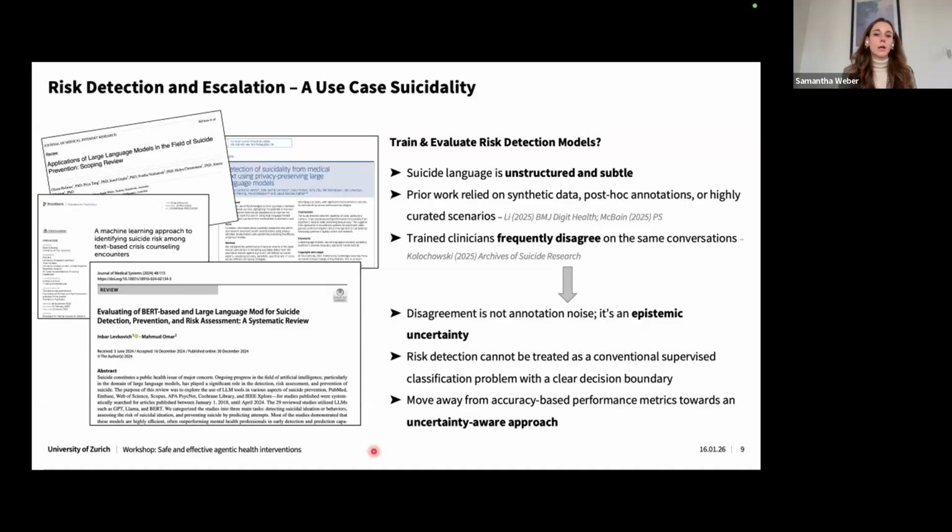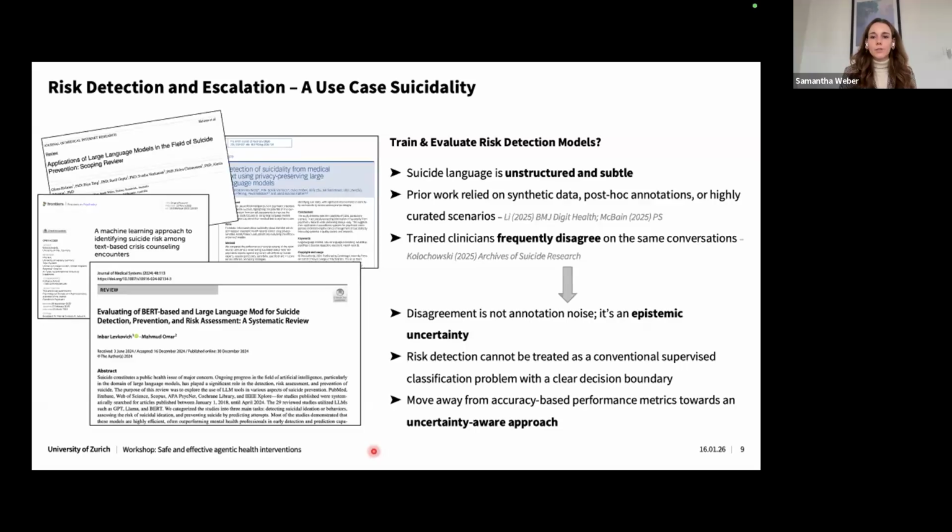Because, for example, a person that expresses suicidal ideation is not necessarily at risk for a suicide attempt. So it's not easy to say where we actually put the decision boundary for when a person is actually at risk. And these limitations also help to explain why existing AI-based risk classifiers, even when they're technically extremely sophisticated, have so far struggled to be translated into a safe real-world deployment.